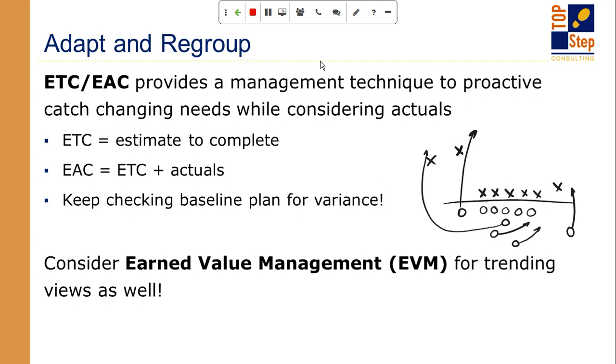But is the ETC 60 hours? Is it 70 hours? Is it 50 hours? Because that metric alone tells me how much more I have to go, and then that gives me a bigger picture of what it is going to look like at the end of the day. Are we going to, at the end of the project, go over budget? Are we going to come in under budget? So that ETC contributes to what's called EAC, estimate at completion. And estimate at completion is the simple math of estimate to complete plus the actuals to date.